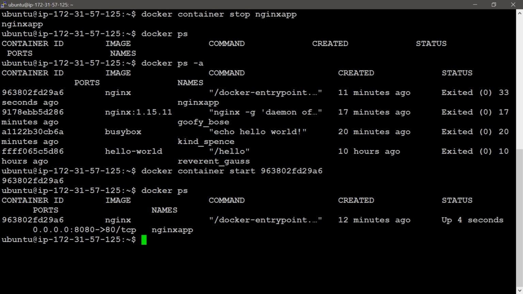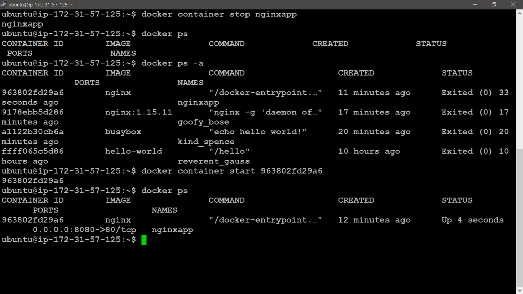Now we'll see how to delete the container. The nginx image is running now as a container. I want to remove this container. I don't need this container. We don't provide a delete command directly.